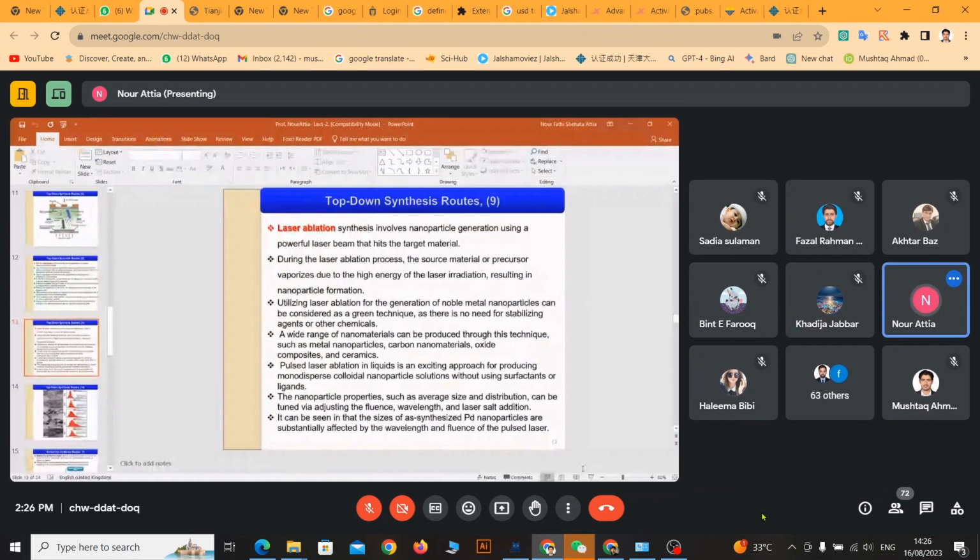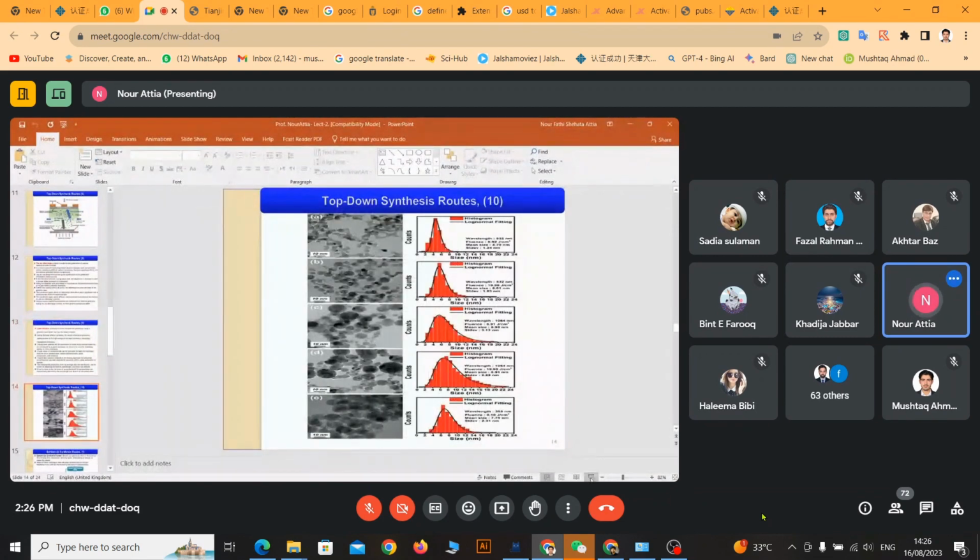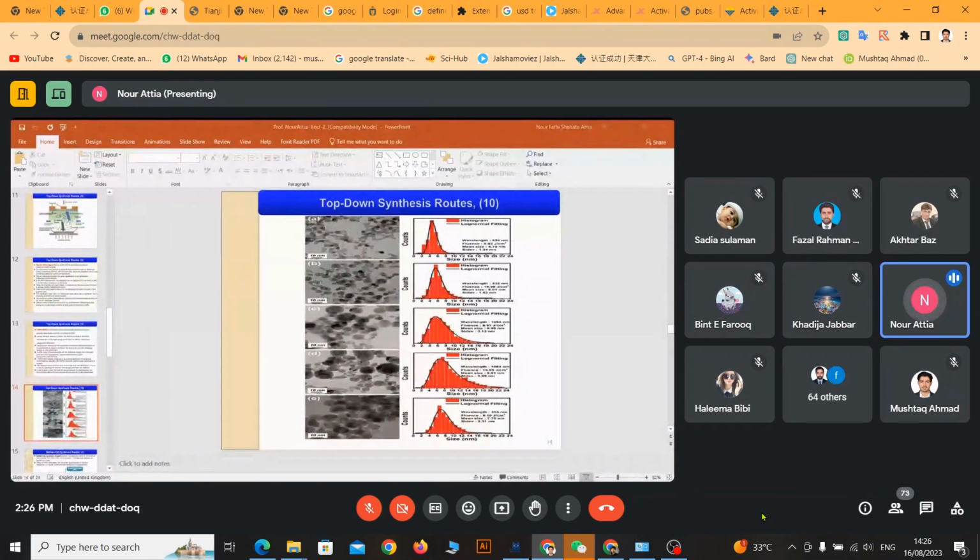Here I will show you some of the nanoparticles produced using laser ablation. Based on the wavelength, frequency, fluence, and everything, you get different sizes, and also different